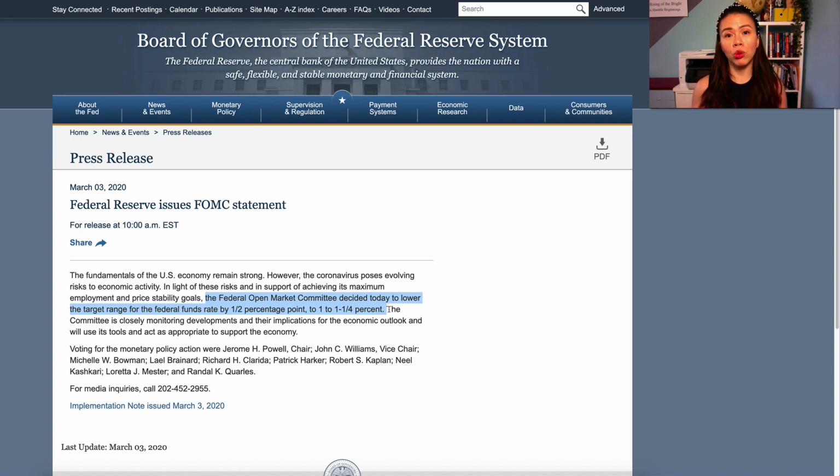And for those who don't understand what the role of the Fed is in our economy, the Fed is here to do 2 things, right? It's what they call the dual mandate. One is to ensure maximum employment, and second is to basically maintain stable interest rates in the long term, right? This is the reason why you always hear investors waiting for the news coming out of the Fed. What is it that they determine? What is it that they do?